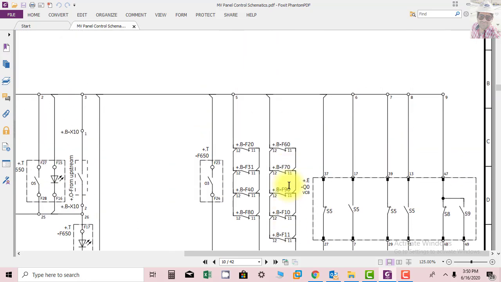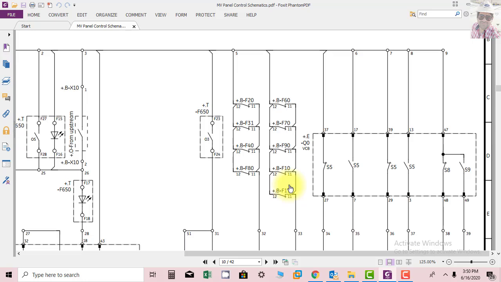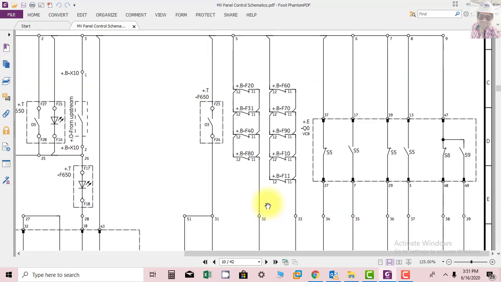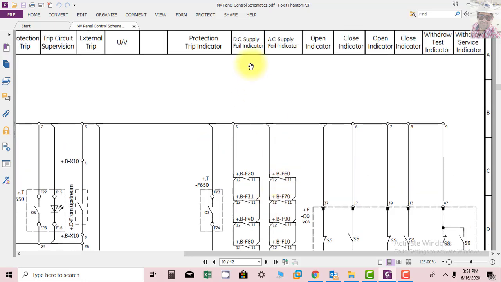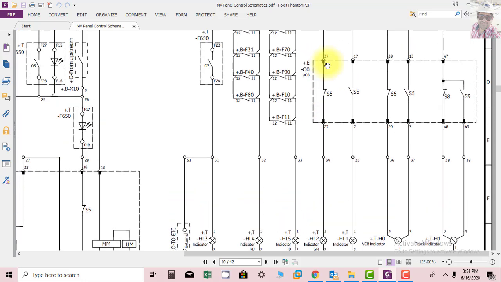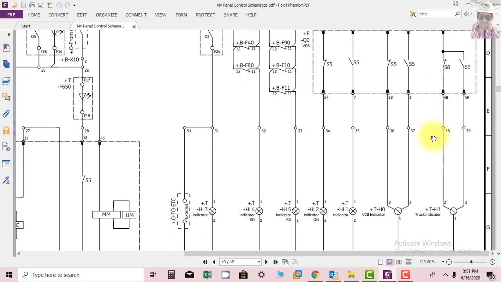Here you can see DC supply fail indication. What they have done is connected the normally closed contacts of all the MCBs. If any MCB trips, then this contact will close and the indication will come that the MCB is tripped. In the same way, they have connected DC MCB normally closed contacts and AC MCB normally closed contacts in parallel. Then they have open indication and close indication for the circuit breakers, and they have further indication of VCB